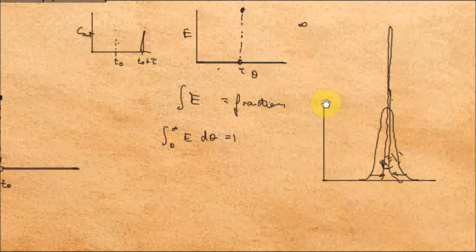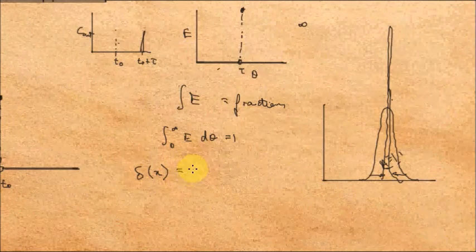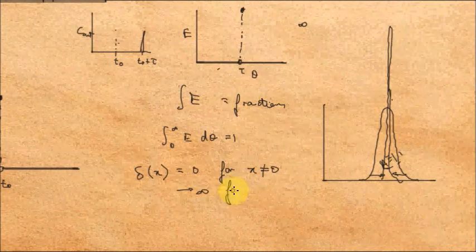And in physics, this is a problem that arose in trying to describe some other discontinuities. There's probably something to do with the Big Bang theory and so on. But we have this nice function, the Dirac delta function, which is defined as follows. The Dirac delta function is defined such that we have a value of 0 for x not being 0, and it tends to infinity for x being 0,